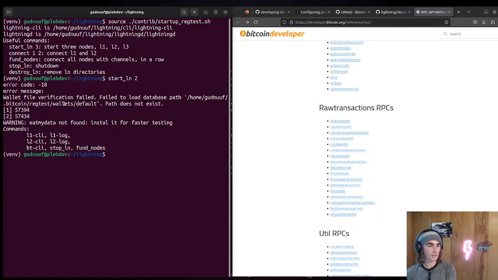So this gave us an error. Wallet file verification failed to load database path. So we don't have this wallets slash default path; it does not exist. That's because I created this wallet